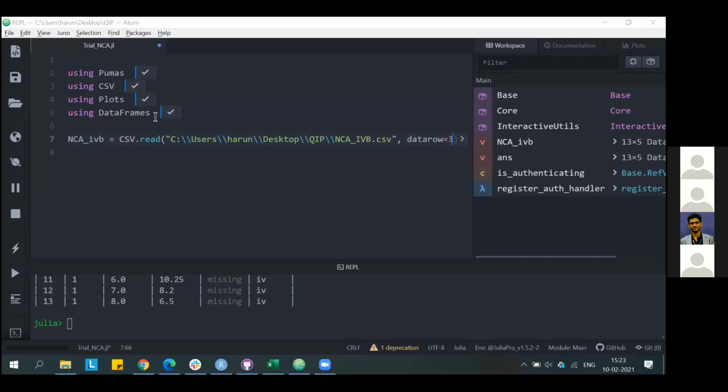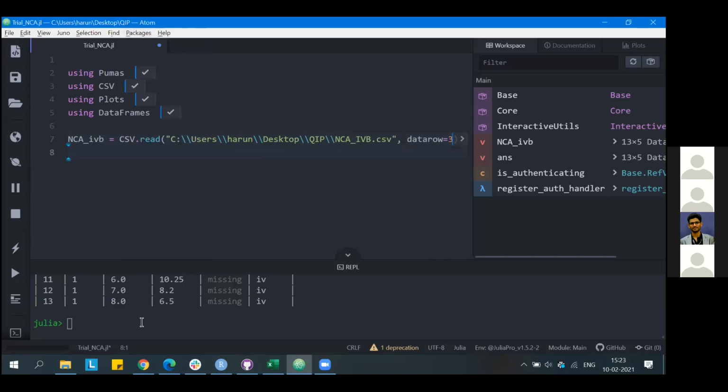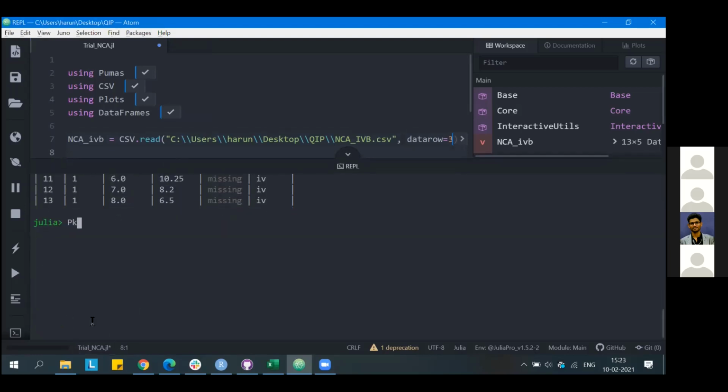Okay, fine. So for everyone, before you start using Pumas, you should have the package. You can go to the packages and add the packages, or you can just type in pkg.add and the package name.